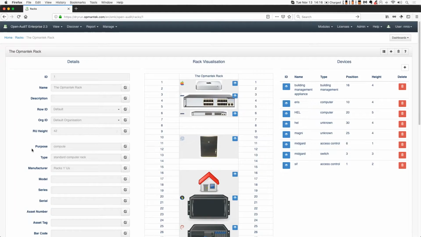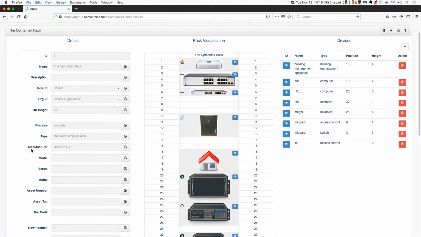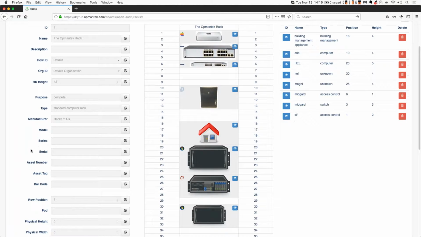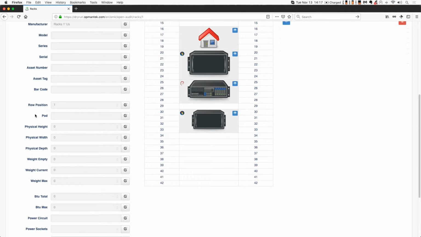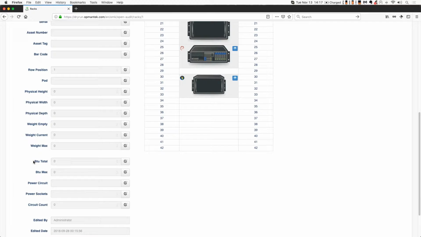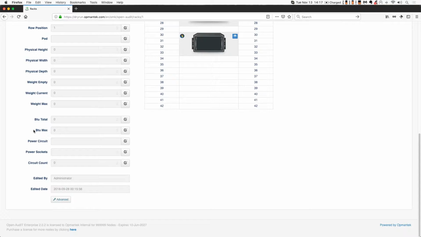So down the left-hand side, we have the definitions of the rack itself. You'll notice that we've given it lots of predefined definitions here: manufacturer, model, series, serial number, asset tag, asset number, barcode, etc. What row position the rack is located in. Some people define their rack locations as pods, so what pod or what group of racks this one might be assigned to. We have options for physical height, width, depth, weight, both empty and current, as well as weight max, and BTU